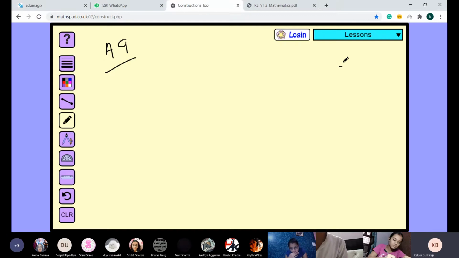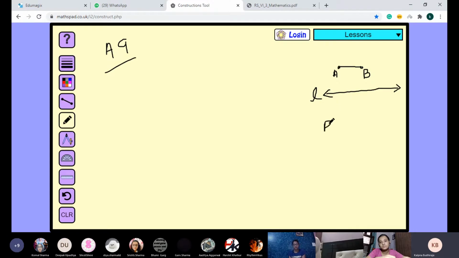All of you look here. I am going to first start with the line AB. Okay? I am just giving you the key concept. First of all, understand. So this is AB, and after that I am going to draw a long line L. On this line L, I am going to construct PQ such that PQ is twice of AB. देखो बेटा, PQ is twice of AB means PQ is 2 times of AB. Is this point clear to everyone?